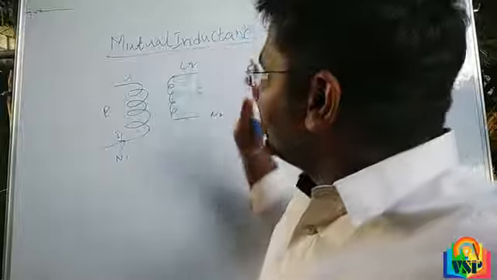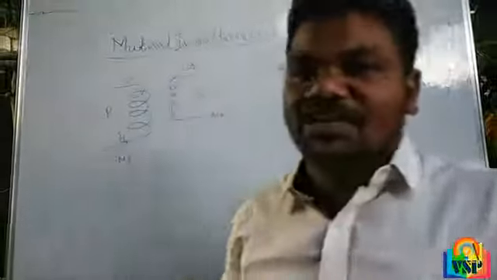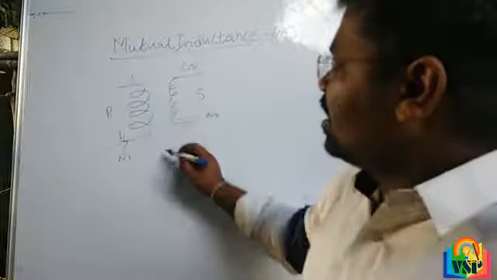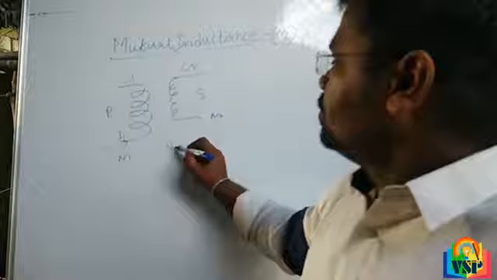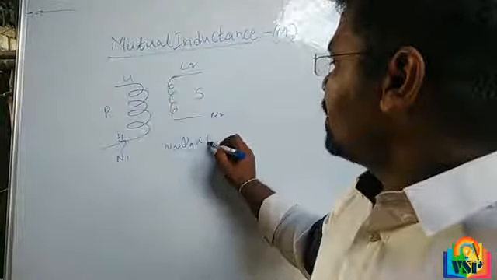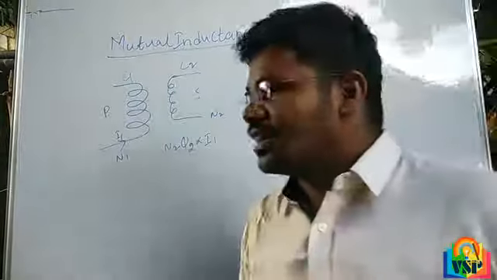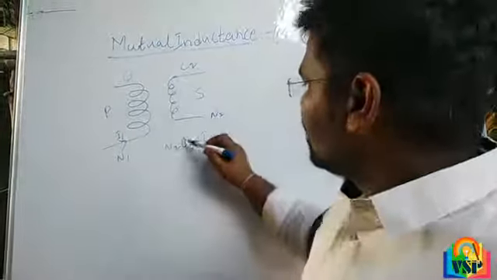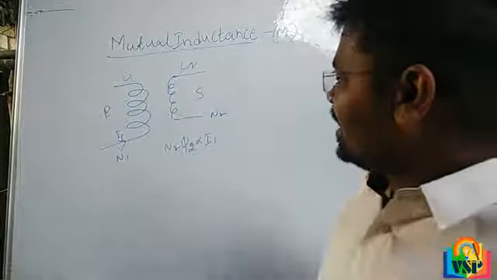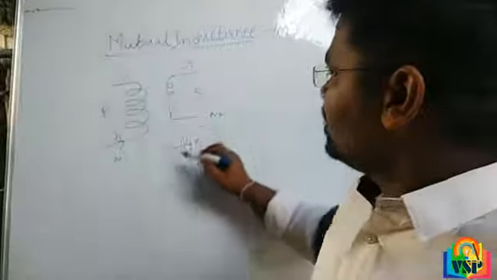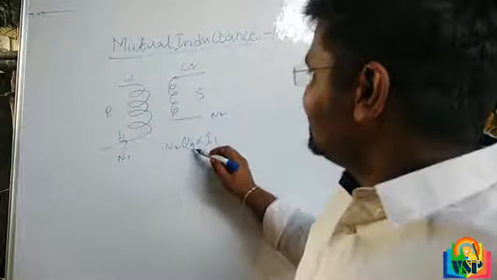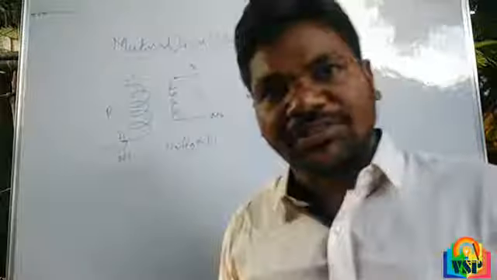In coil 2 or secondary coil, we can get induced EMF or induced current. Understand? How we can get it? See here, N2 phi 2 is directly proportional to I1. The current passing through the primary coil is always proportional to the flux linked with respect to 1 into the number of turns. Means N2 phi 2 is directly proportional to I1.